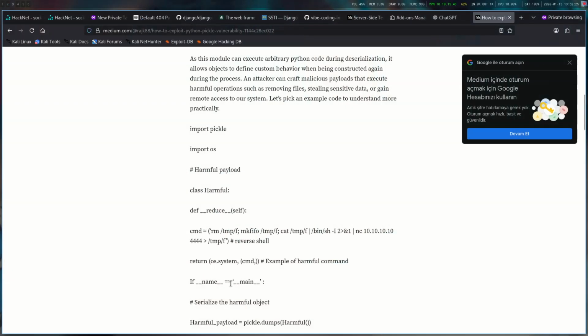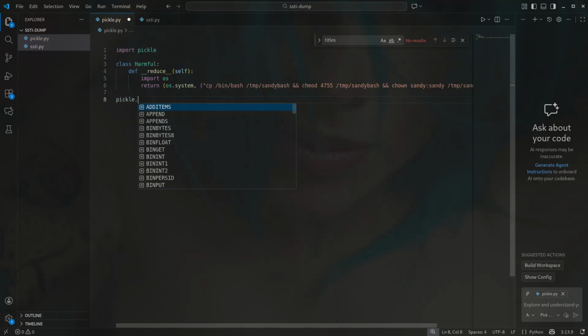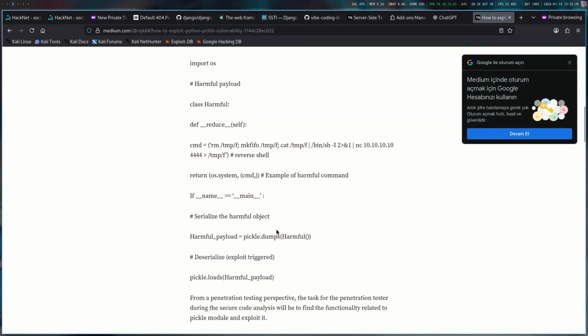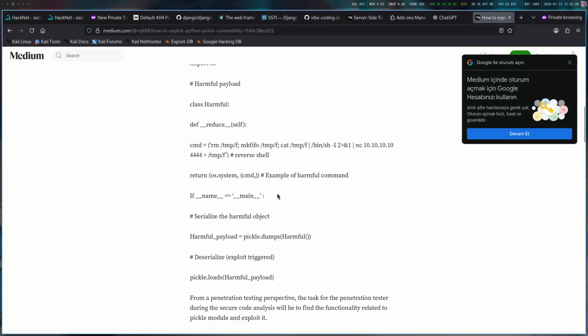And what he did after return, okay, harmful payload pickle.dumps, it says. Pickle dump is equal to, no, how is it using? Okay, harmful, like that, here we go. I think it's for a reverse shell, that's why it worked like that. But what if I wanted to,